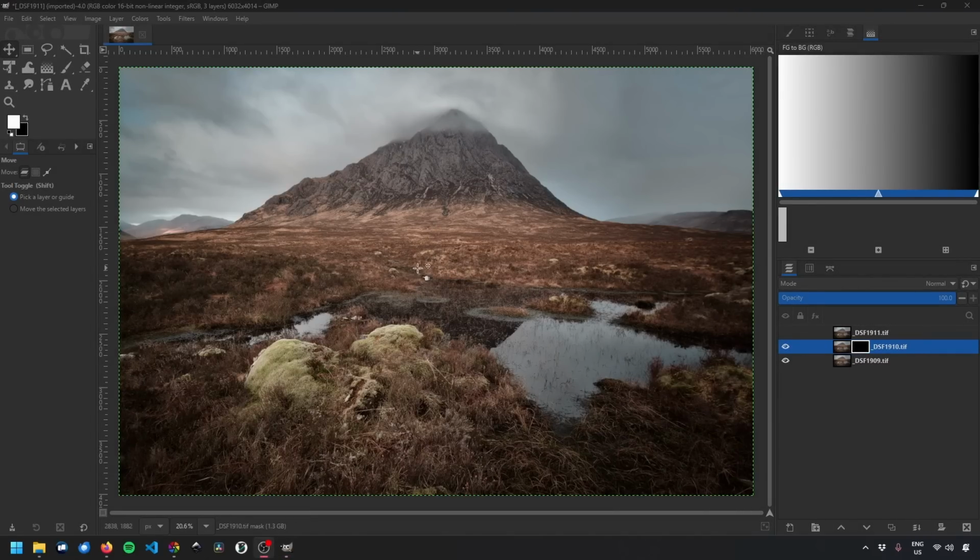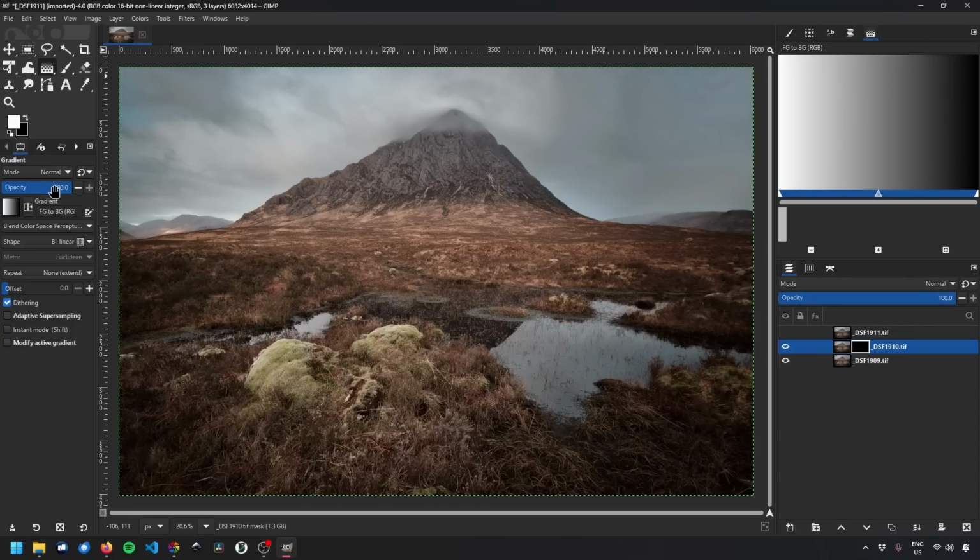And then what we want to do is draw on this mask to define where the image will be visible, or the layer will be visible rather. So I'm going to use the gradient tool, and I'm going to change the shape, or choose the shape bilinear. I think the default's normally linear. I'm going to use bilinear. So that's going to give me a fade out from white to black, both above and below the line